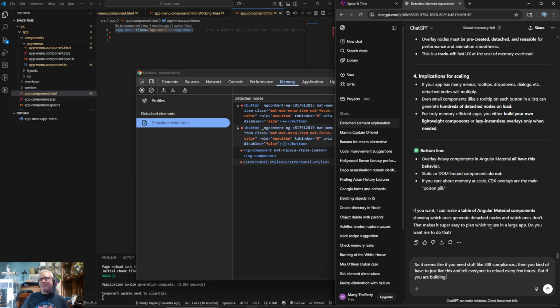If you are building something that is like a utility, or just for yourself, people, and you would like to use that application for extended periods of time, then you probably should avoid Angular Material. Which is a huge bummer, because